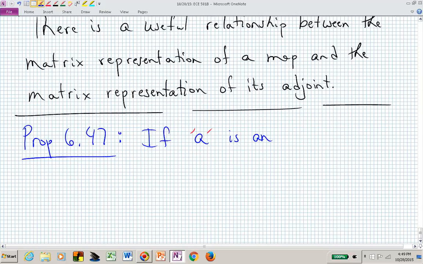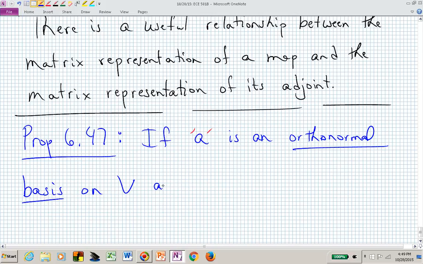I'll put it in quotes. If A is an orthonormal basis on the vector space V, and B is similarly an orthonormal basis on W,